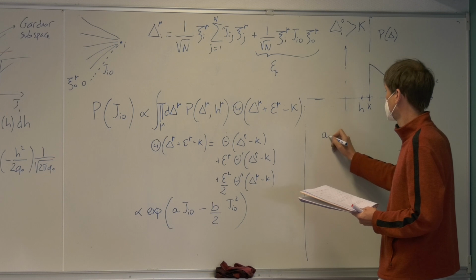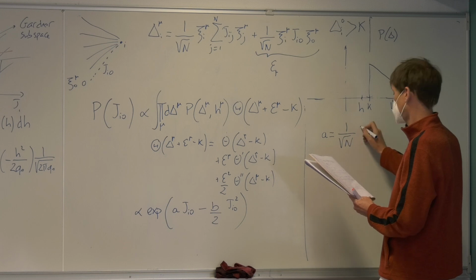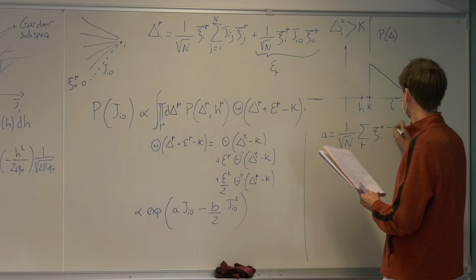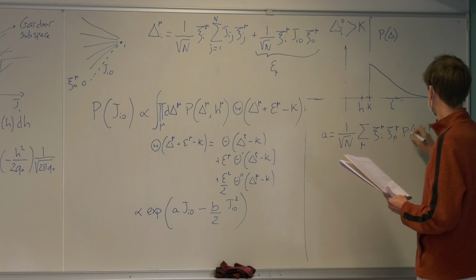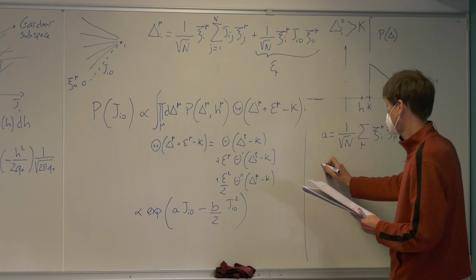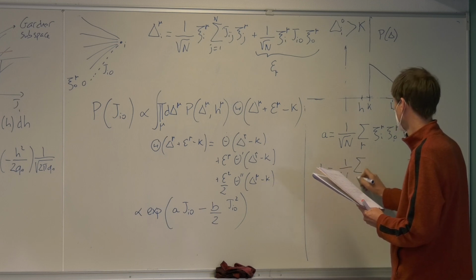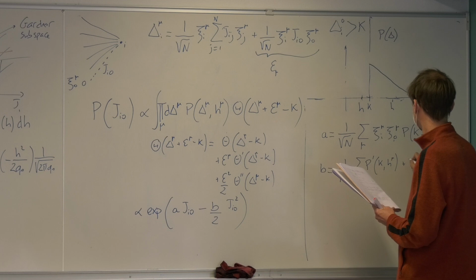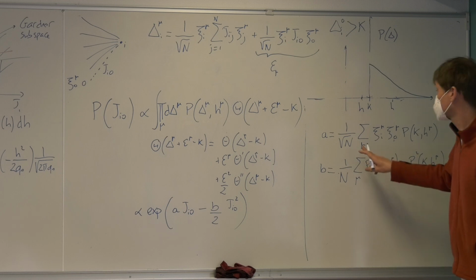So a is equal to 1 over square root of n sum over mu of psi i mu psi i0, psi 0 mu, and this is weighted by P of K H mu, and b equals 1 over n sum over mu of P prime of K H mu plus P square of K H mu. All right,